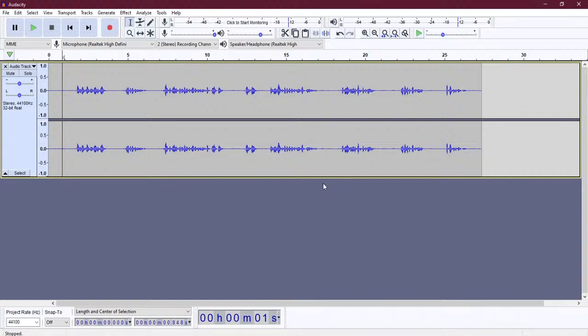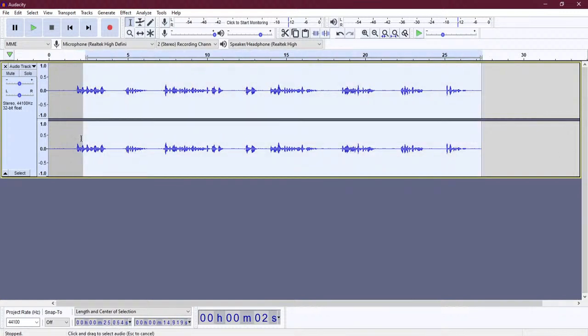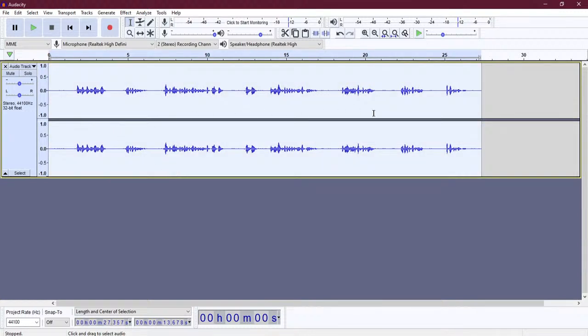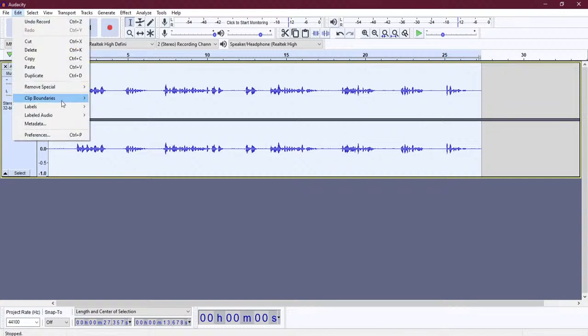Now to remove these gaps, I can select all of it by taking my selection tool and selecting all of whatever I have recorded, or you can press Control A on your keyboard, and the whole thing will be selected by itself. Everything will be selected. Now I can go to Edit, Clip Boundaries. In Clip Boundaries we have